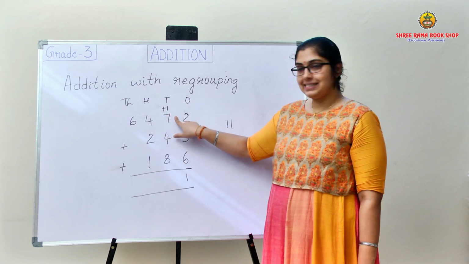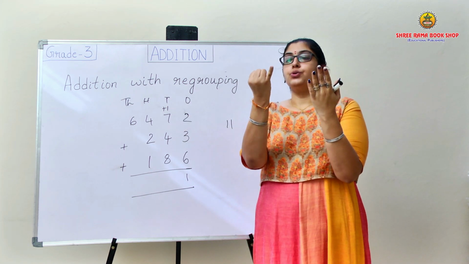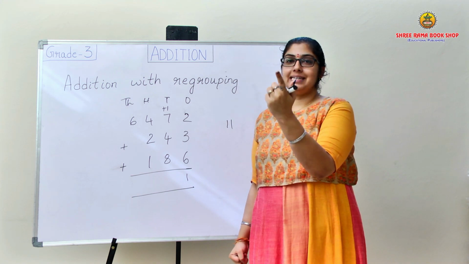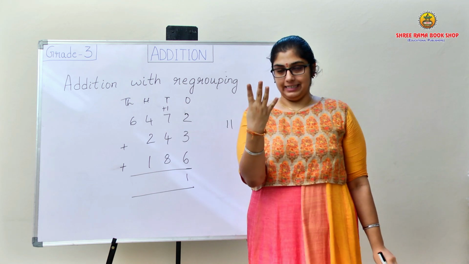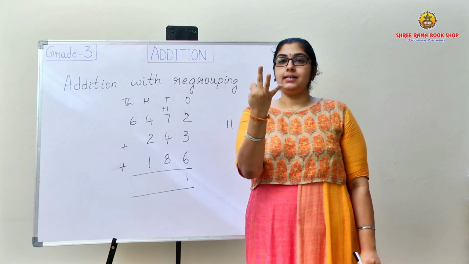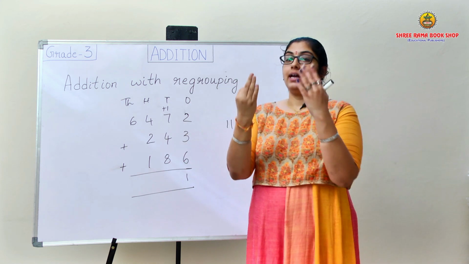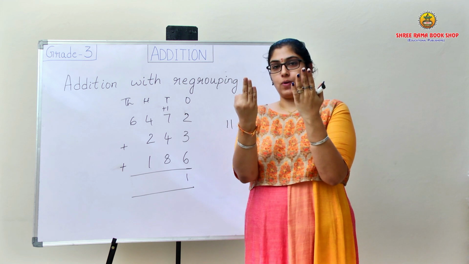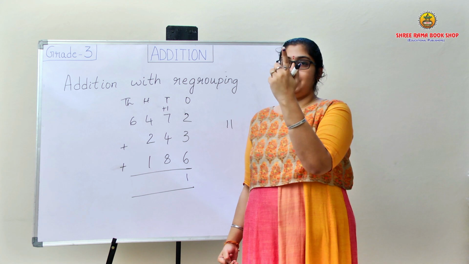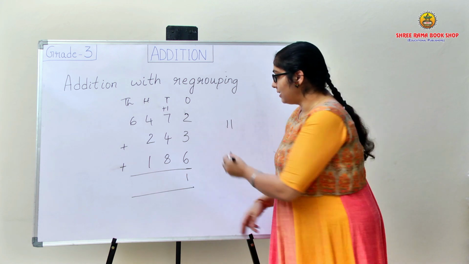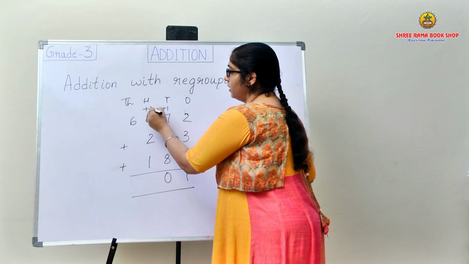So plus 1 plus 7. So 1 in the mind, 7 on fingers. After 1, 2, 3, 4, 5, 6, 7, 8. So 8 in the mind, 4 on fingers. After 8, 9, 10, 11, 12. Then again 12 in the mind, 8 on fingers. After 12, 13, 14, 15, 16, 17, 18, 19, 20. So I got the answer as 20. Right? So 0 here and plus 2 over here.